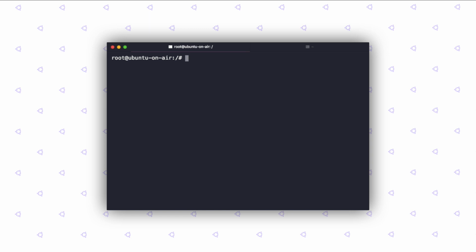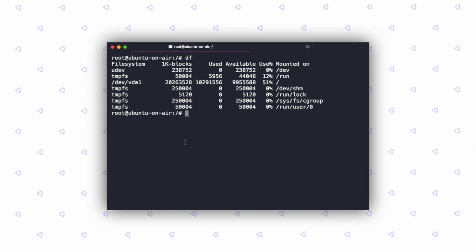But here's how it works. So you just have to type in df and hit the enter key, and it'll tell you how much space has been used by which volume which is mounted. But as you can see right now, it is not in a human readable format.